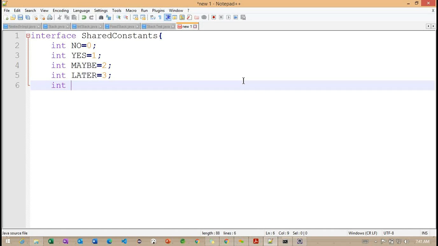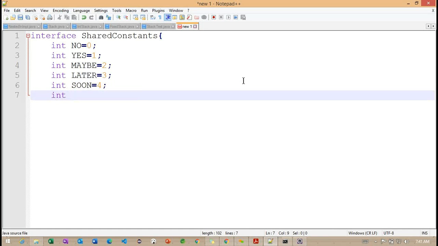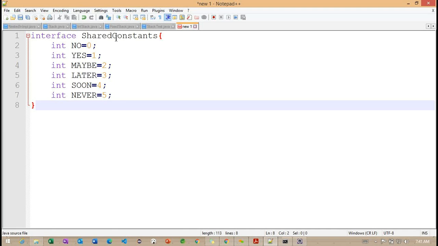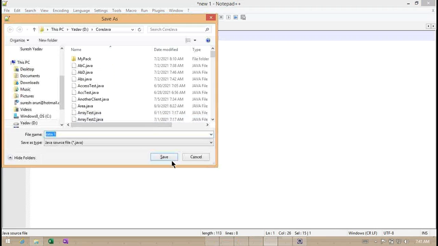So observe how I'm working with the variable names here. And this is soon, finally, never. So these are the 5 variables I'm declaring here. Along with the declaration, I'm initializing also. So all the variables have the integer data type here. Okay. Now I'm closing this particular interface here.